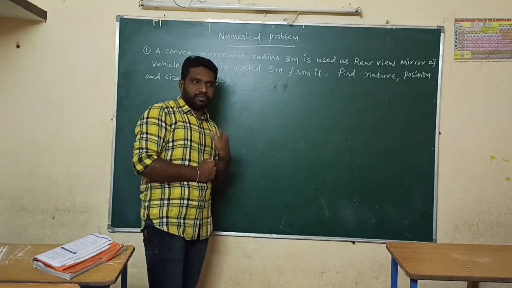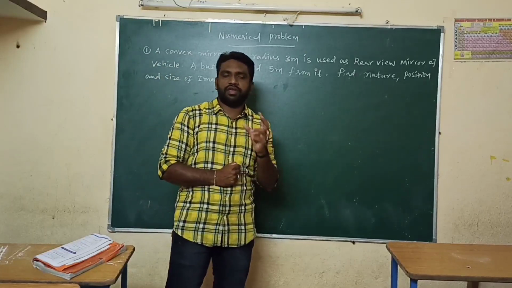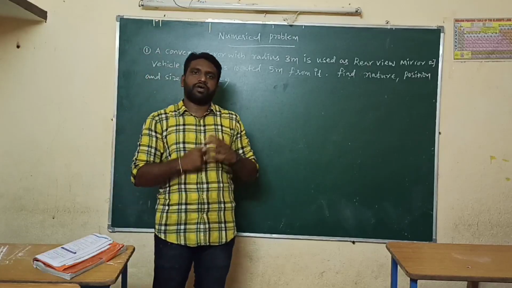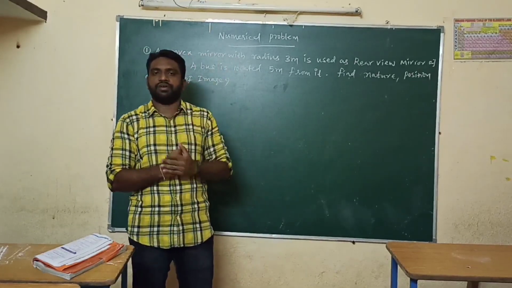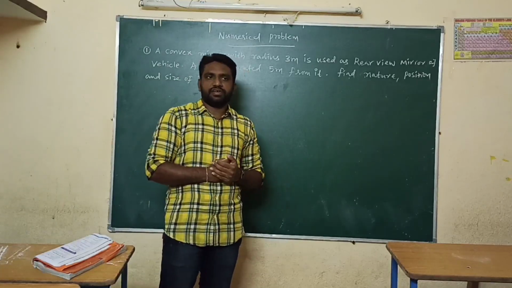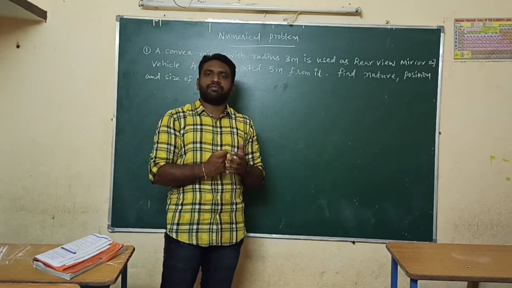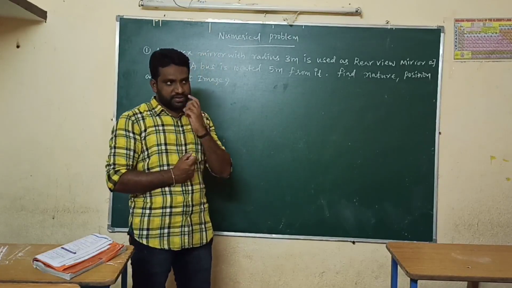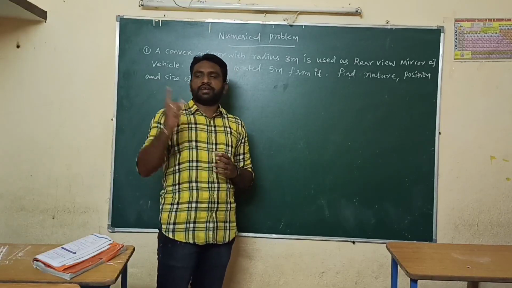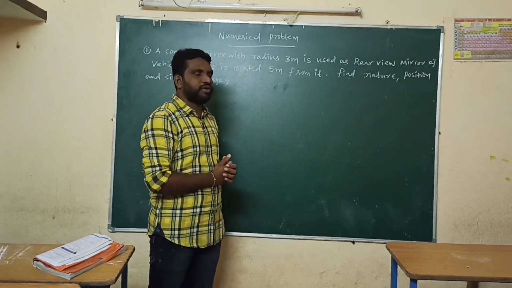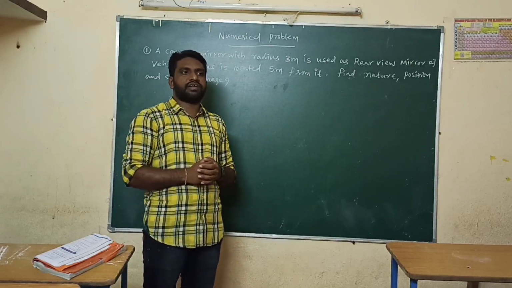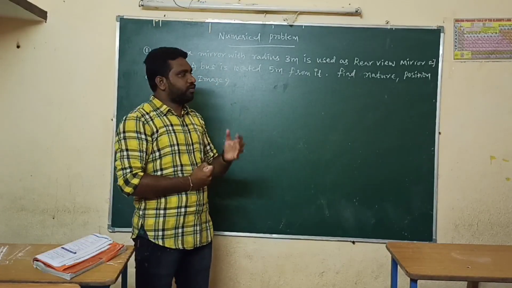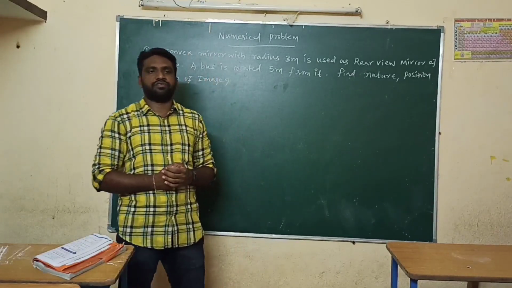One important question is regarding this topic. The question is why we have to use convex mirror as rear view mirror. This is most important from the exam point of view. Why only convex mirror? Because already we discussed convex mirror is a diverging mirror. It always forms virtual, erect and diminished image. And along with this, it has one special property. It can cover a large distance around it. That means it has a wide range of view. It can cover all the images of the vehicles behind our vehicle. So that's why we use convex mirror as rear view mirror. This is the most important question.